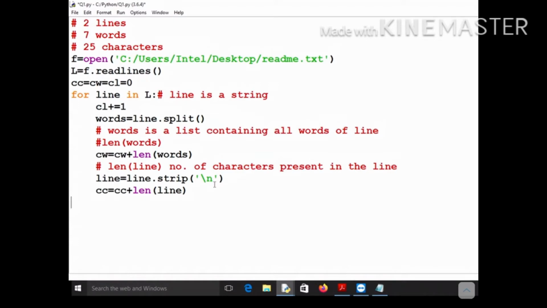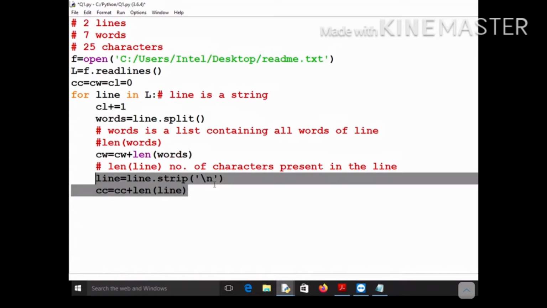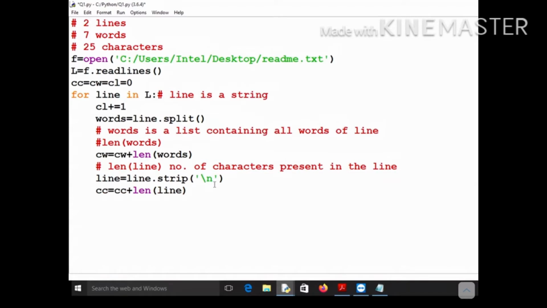You know how many lines there are inside this loop? 2, 3 and 5 lines, and these 5 lines are giving you everything. It is giving you lines, words, and characters. Don't think that these are also lines, these are comment lines. I have just written them for the purpose of comprehensibility, to make you understand what these lines are doing. So these are not actually part of the loop. Actually there are only 5 lines inside your loop, and they are doing all the computation.